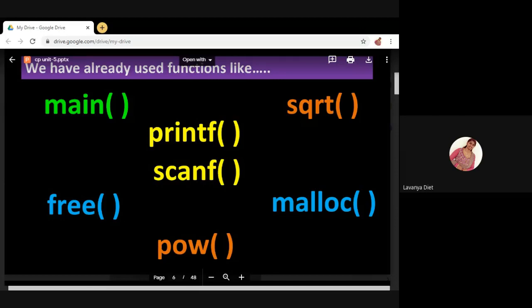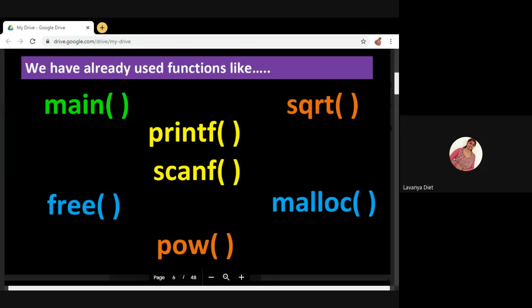So you are using only the printf function, and the code present inside the function is hidden. If you want to use these functions in your program, you have to include stdio.h. Next, see the other functions. The sqrt function is used for finding the square root. Next, the pow function is used for finding the power, like x square. You just use these functions, right?